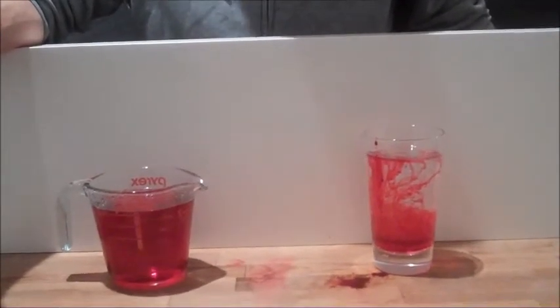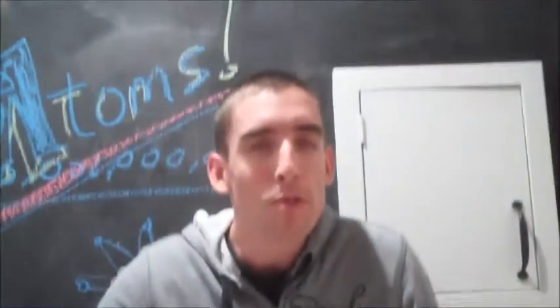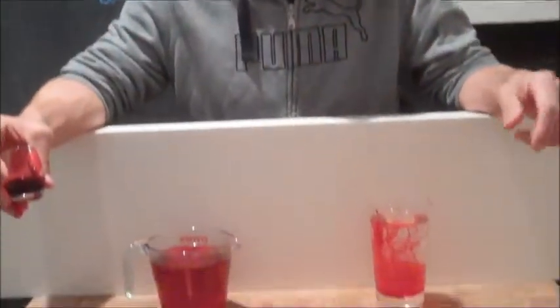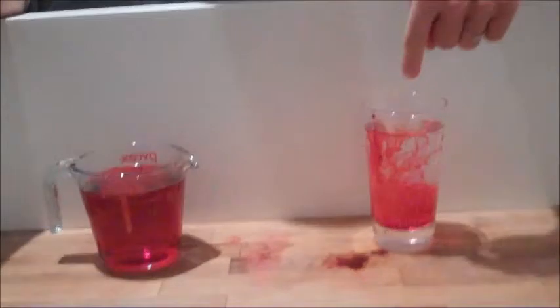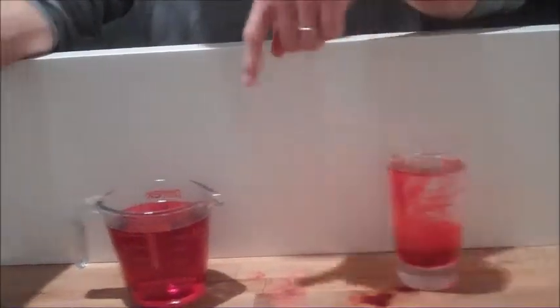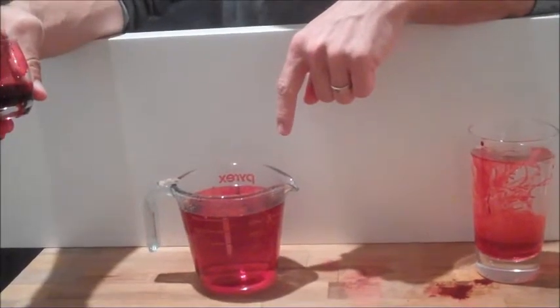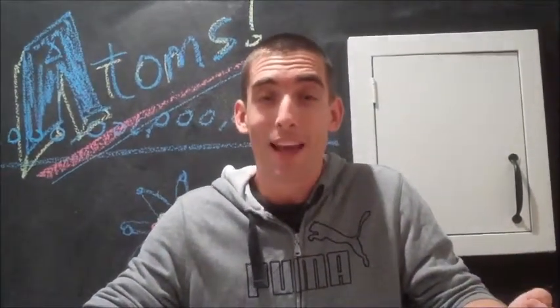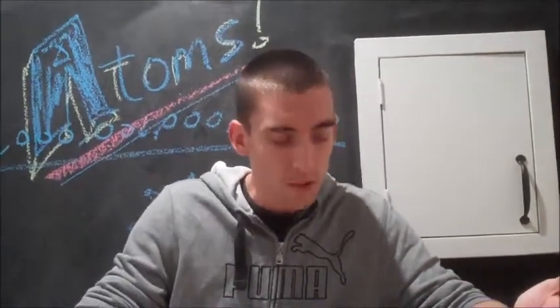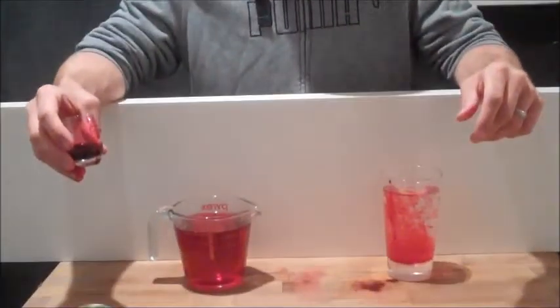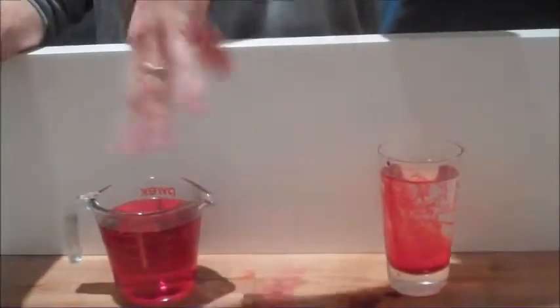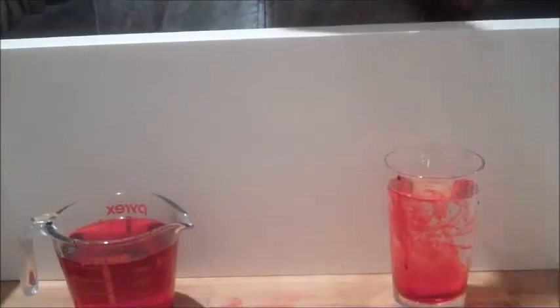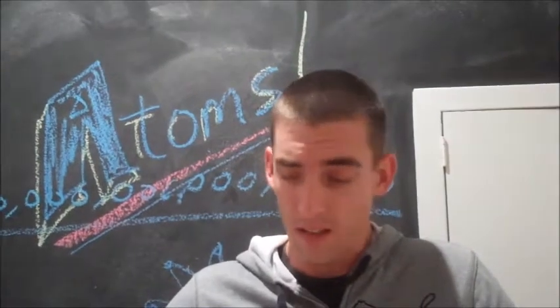Oh, the secret to this experiment is atoms. See, both the water here and the water here have atoms, almost the same exact amount. But the atoms in here aren't hot, so they're not jiggling around very much. But the atoms in here are really hot, so they jiggle, they move around. And that movement pushes the food coloring all around in the water, dissipates it out. So what's jiggling? Well, it's the atoms. So if there's no such thing as atoms, this experiment wouldn't work. We wouldn't have this result of the fluid being swirled around into the water the way it did. So a really simple experiment you can do at home that proves, hey, there must be these things called atoms, because without them, there'd be nothing to spread the food coloring around.